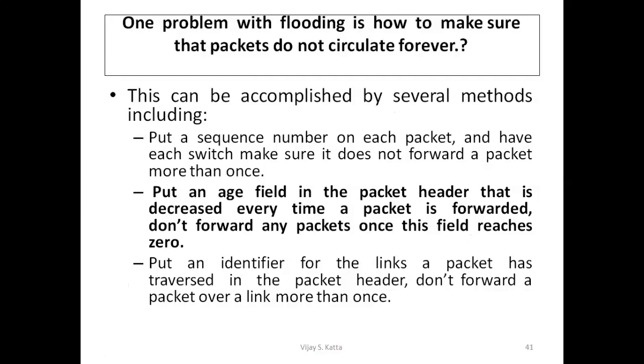It means there is a chance that at the destination n number of the same packet, duplicated packets, will be received. Now the question is how the destination will react to these multiple or duplicated packets. This is a very serious issue. To resolve this issue, we put a sequence number on each packet. So, if a packet with a duplicate sequence number is received, then that packet will not be forwarded and it will be discarded. We also use a TTL time here.